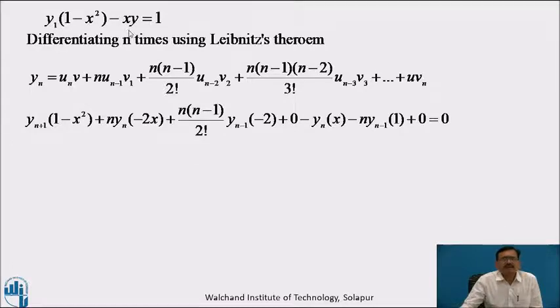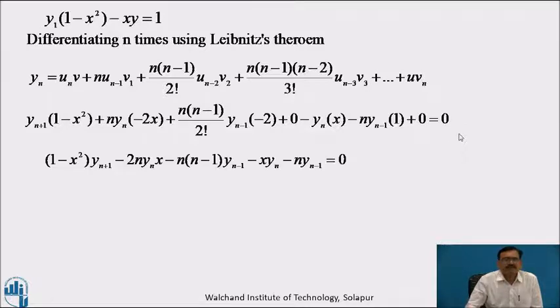Here we can take u as y, that is, minus n derivative of y is yn and v as it is, that is x, and minus sign n into y suffix n minus 1, you can write n derivative of n minus 1 derivative of y is y suffix n minus 1 and derivative of x is 1, and next derivative of 1 will become 0. Therefore, here only it completes the n derivative of minus xy, and n derivative of 1 is 0, that is, right hand term is 0.